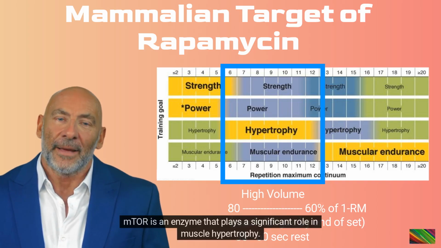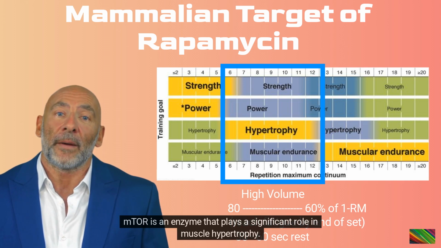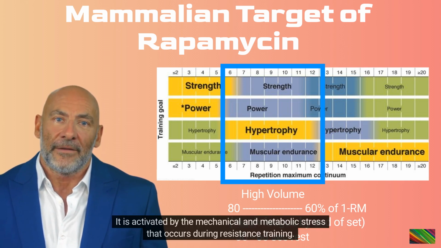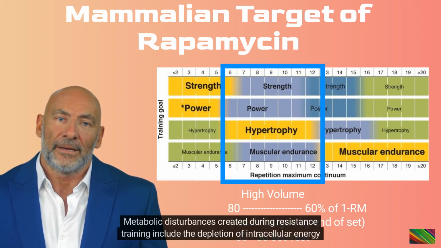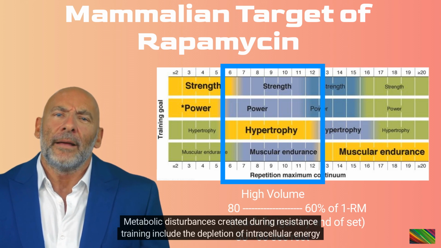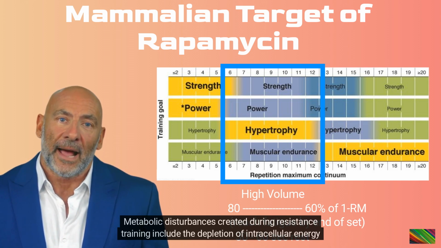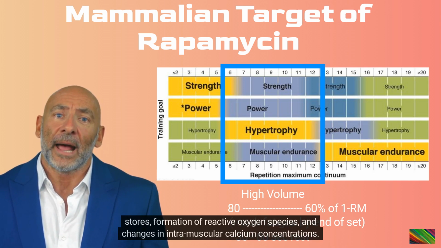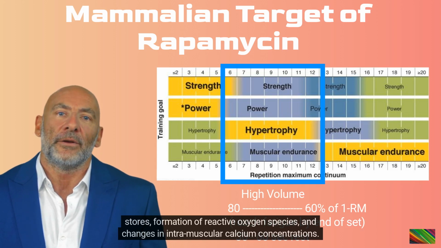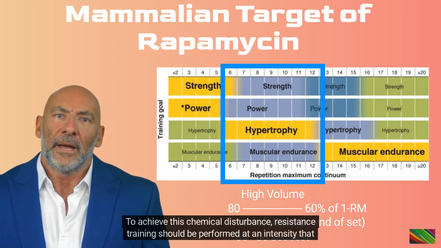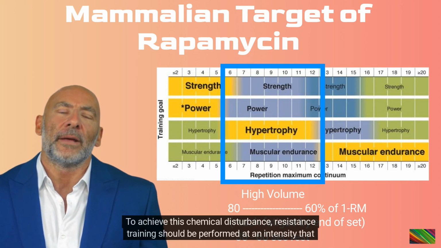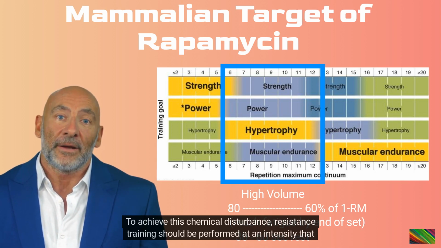mTOR is an enzyme that plays a significant role in muscle hypertrophy. It is activated by the mechanical and metabolic stress that occurs during resistance training. Metabolic disturbances created during resistance training include the depletion of intracellular energy stores, formation of reactive oxygen species, and changes in intramuscular calcium concentrations. To achieve this chemical disturbance, resistance training should be performed at an intensity that causes muscle